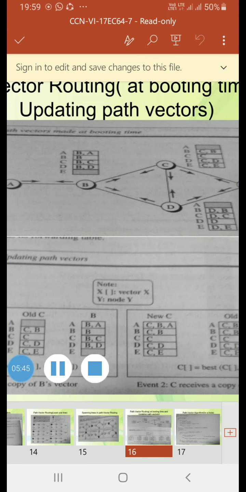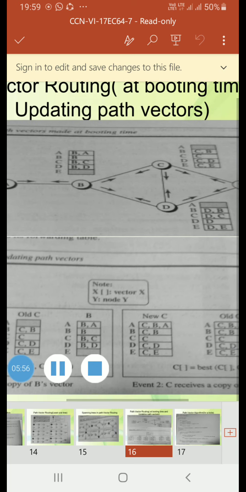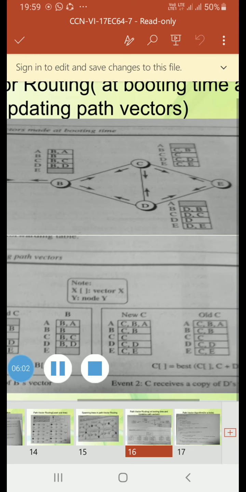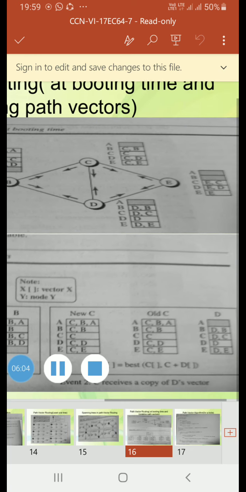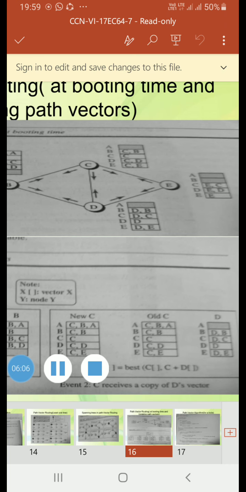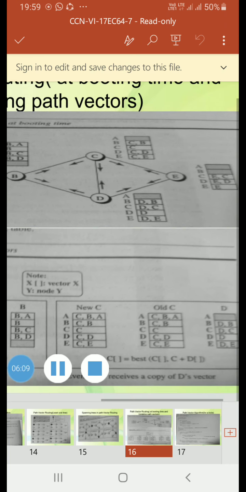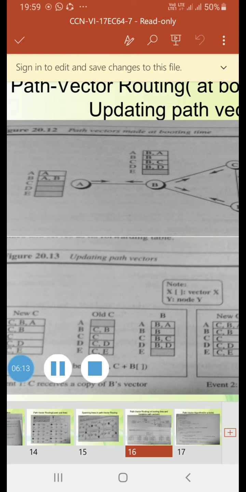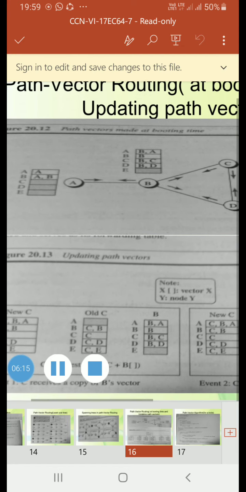So what are the policies? They are defined by selecting the best of multiple paths. Path vector routing also imposes one more condition on this equation. If Path(v, y) includes x, that path is discarded to avoid a loop in the path. In other words, x does not want to visit itself when it selects a path to y. The figure shows the path vector of node C after two events.